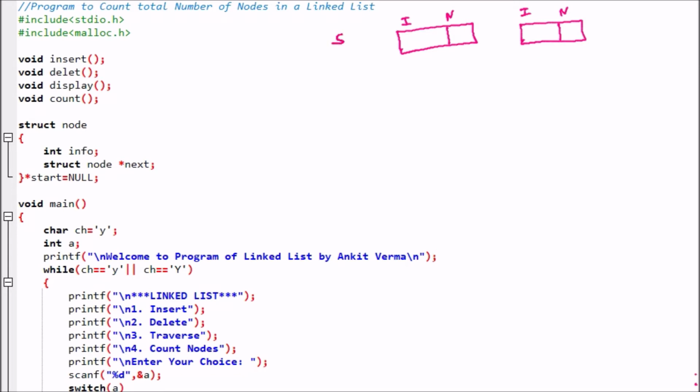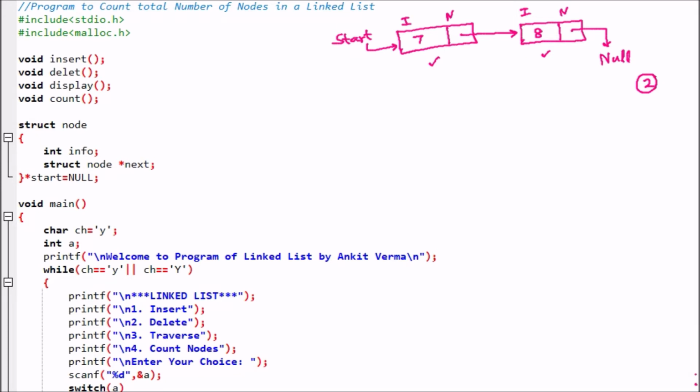In the linked list, we always have a start pointer which points to the first node. The next pointer points to the next node, and here the next pointer points to null. Null means there is no further node available. If there are two nodes available, like 7 and 8, that means two nodes are there, 1 and 2. So the answer of count will be 2, meaning there are two nodes available in this linked list. So that is the program that we want to work on.